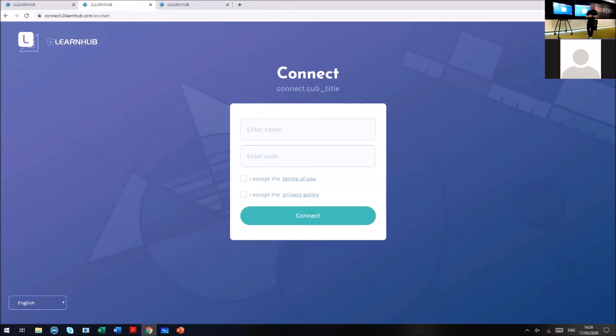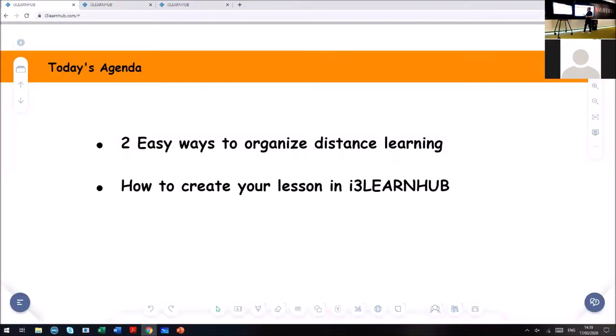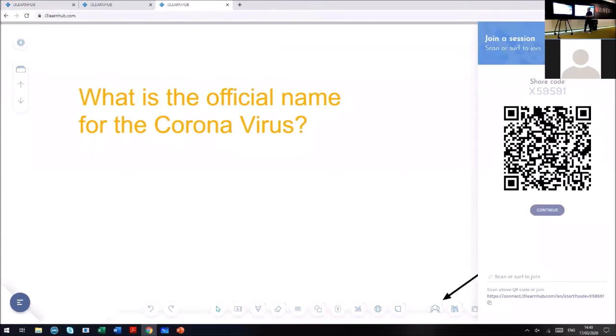with any lesson of the teacher. They just go to the website, connect.i3learner.com, and enter the code that was on my screen. So for them, they just need to enter their name, enter the code. Again, the code was on my screen in the other tab right here. X59591. Right? So Anneke is here with me in the classroom, and she'll take over from here, sharing her screen